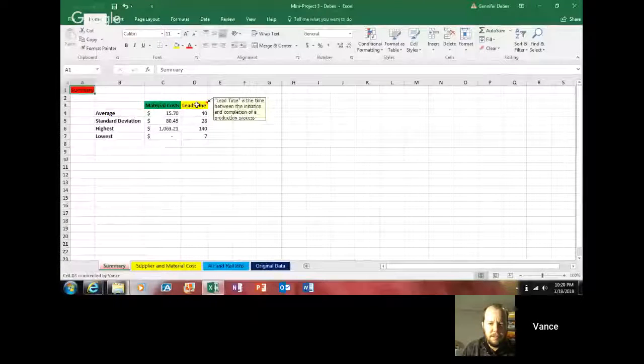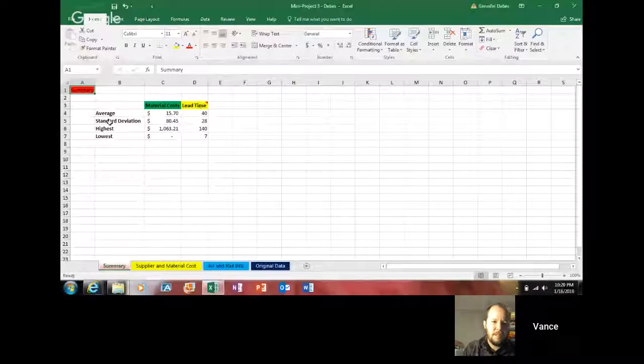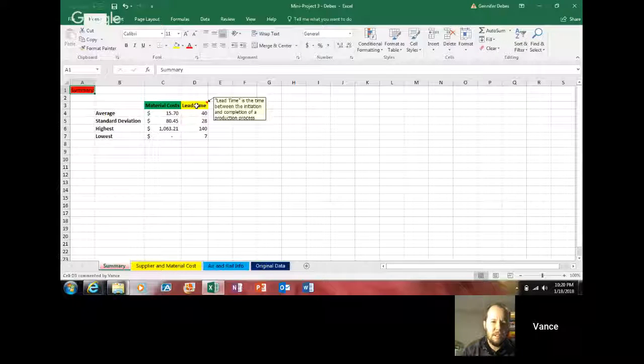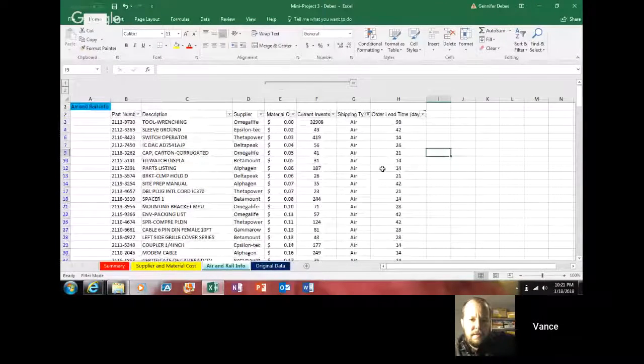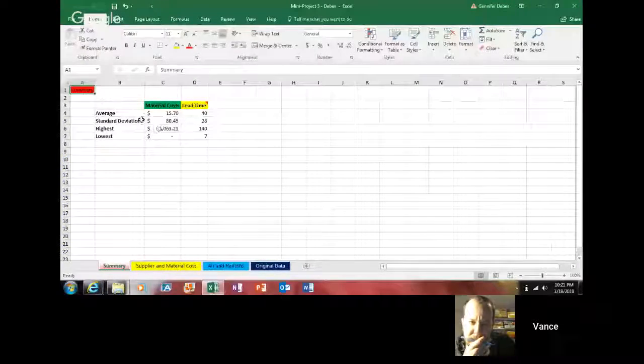It's just material cost and your lead time, and then it asks you for the average, standard deviation, the highest, and the lowest. So here, I set this up where I did the material cost and the lead time, and this little explanation here, that's in there as well. Okay. Because I did that on Air and Rail as well, where it says lead time, and it comes up. You see that? Yeah. So anyway, on the summary, you come in here and you do your average, standard deviation,